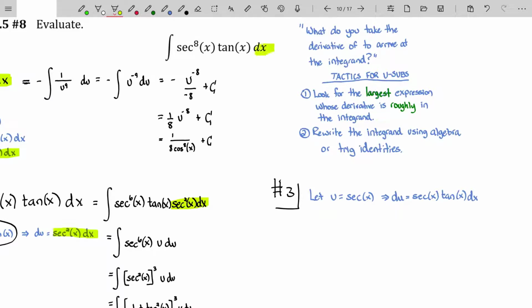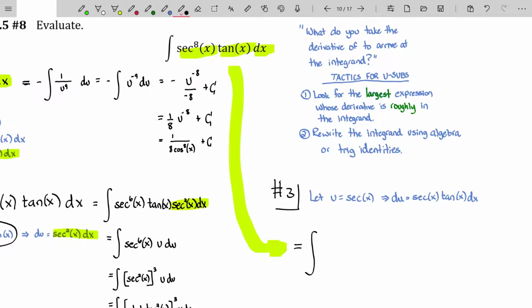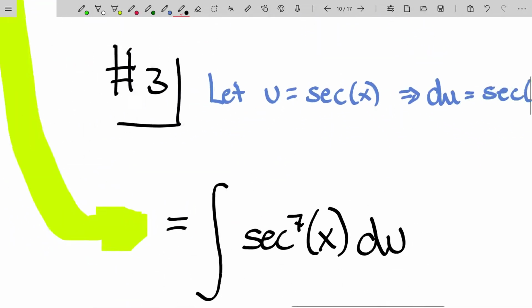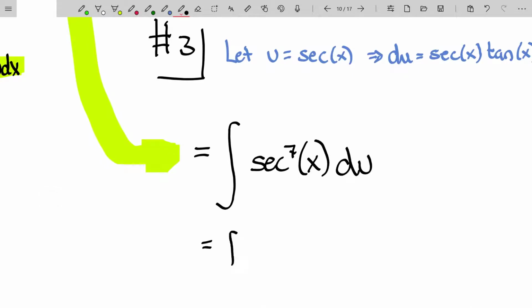We have a dx, a secant, and we can steal away 1 power of that secant right there. If you did that, you would get this equals to the integral. Well, we've stolen away a single power of the secant, so we're left with secant to the 7th. The secant tangent dx gets stolen away for a du. Oh, by the way, u is equal to secant of x. So this is u to the 7th